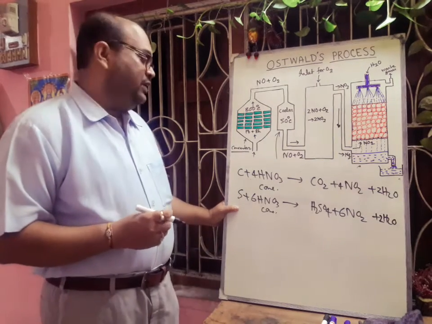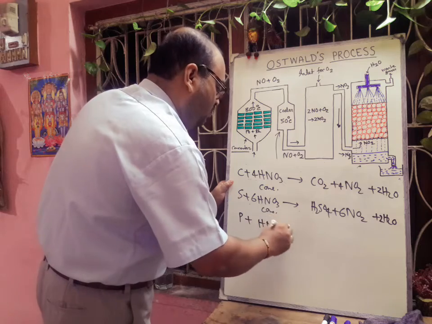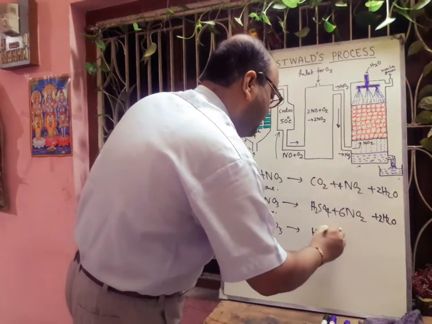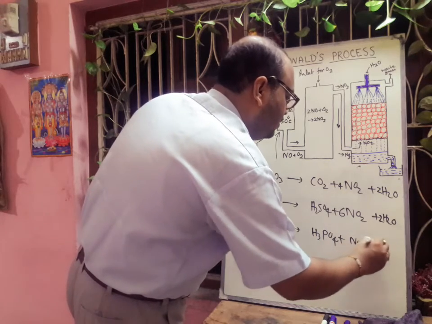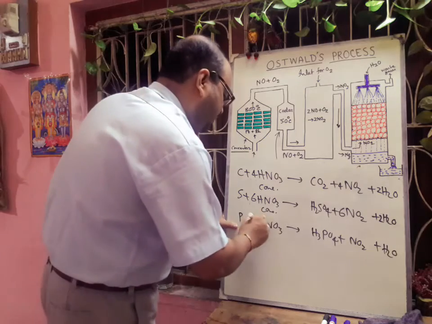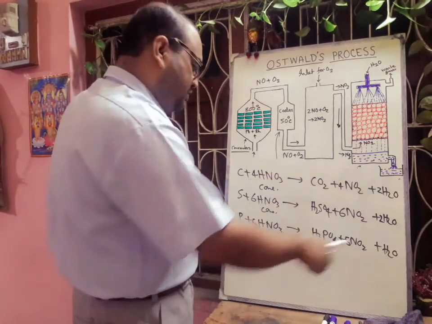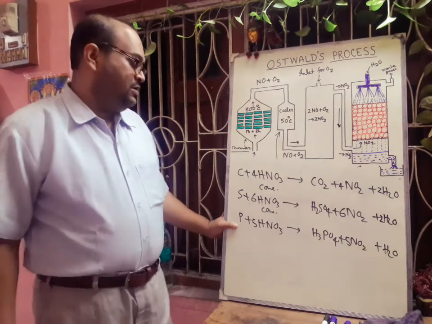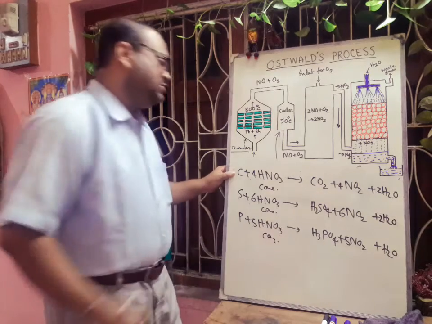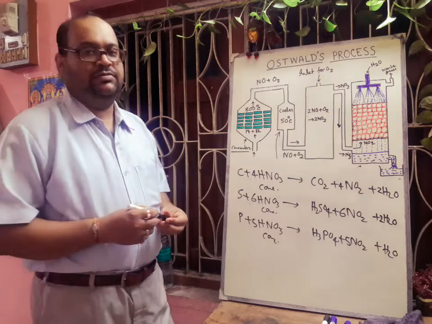Okay. Now if we write the reaction with phosphorus, it will convert the phosphorus to phosphoric acid, that is H3PO4. Definitely there will be formation of NO2 plus H2O. Now if we write the balanced reaction, then we have to add here 5 and here also 5. I think hydrogen is balanced. Now this is the balanced equation with phosphorus. So concentrated nitric acid is oxidizing carbon to carbon dioxide, sulfur to sulfuric acid and phosphorus to phosphoric acid. That you have to remember.